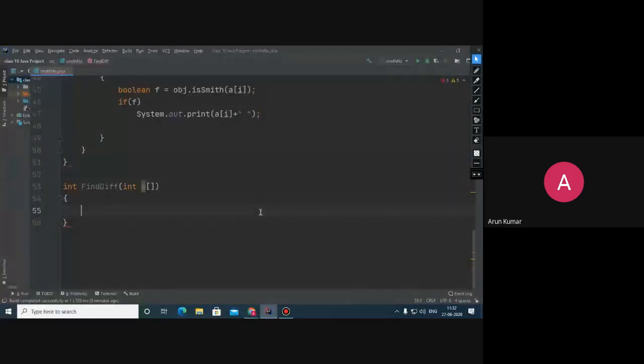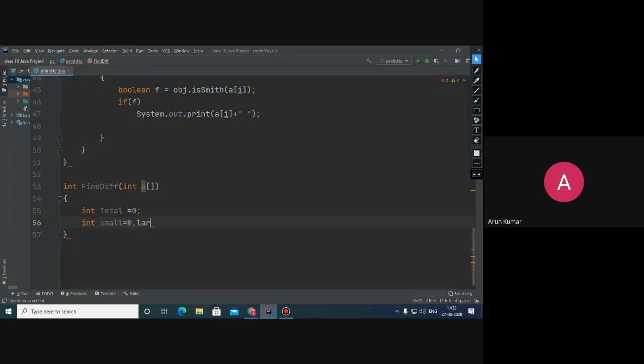Okay, so here this is the function. So please see. Here you have to calculate the sum total, that is total, and two more variables are needed.